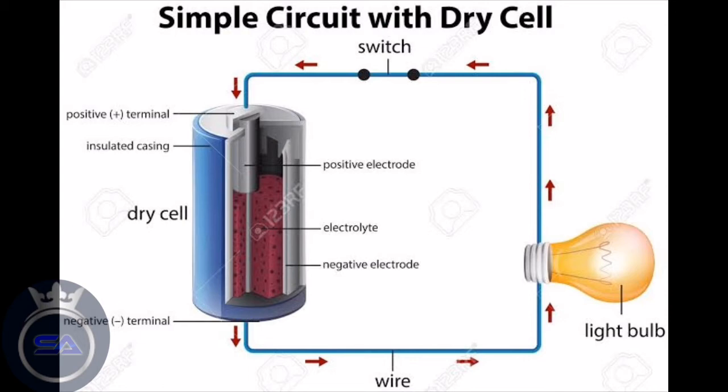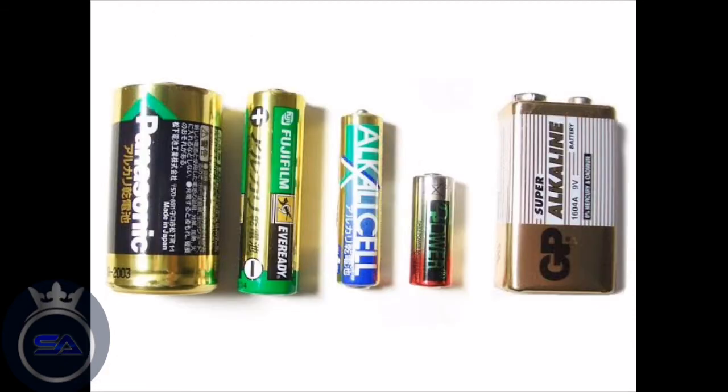Anions move in a direction opposite to the direction of movement of cations. This creates a flow of electric current. Another example of simple dry cells are alkaline batteries. The working of an alkaline battery is the same as a zinc chloride battery. Instead of ammonium chloride, potassium hydroxide is used as the electrolyte in alkaline batteries.